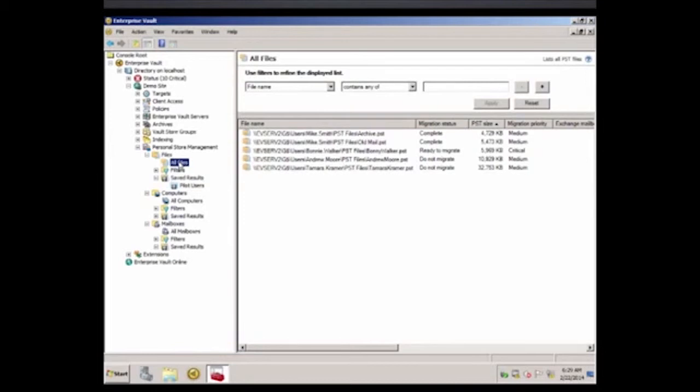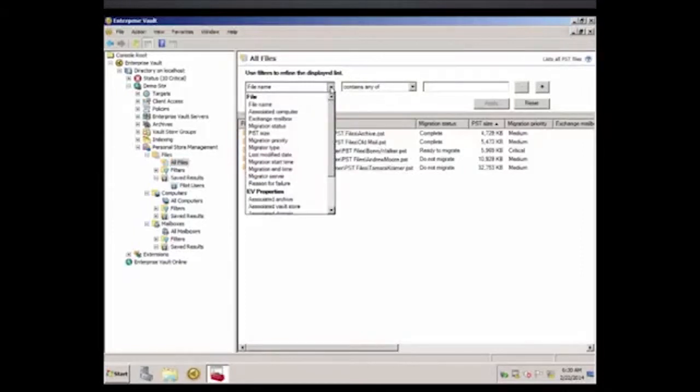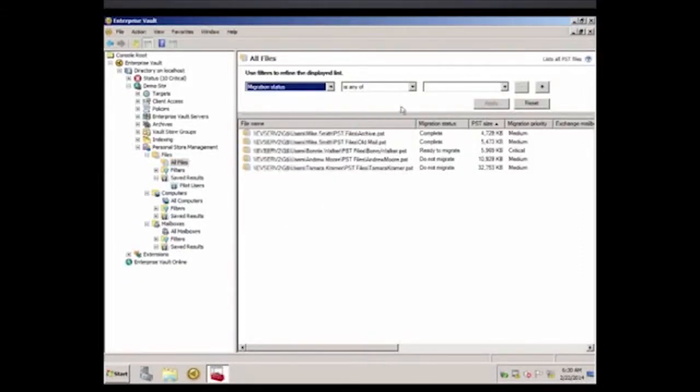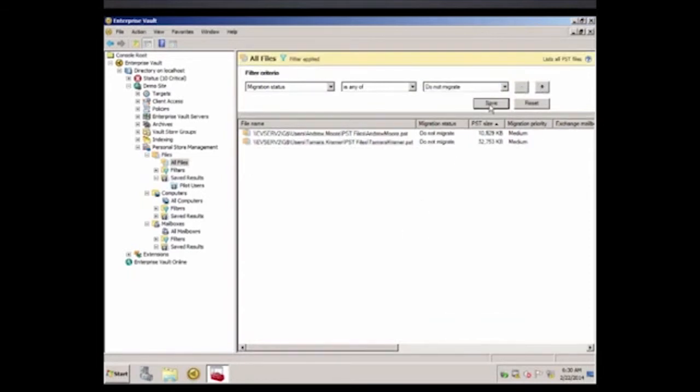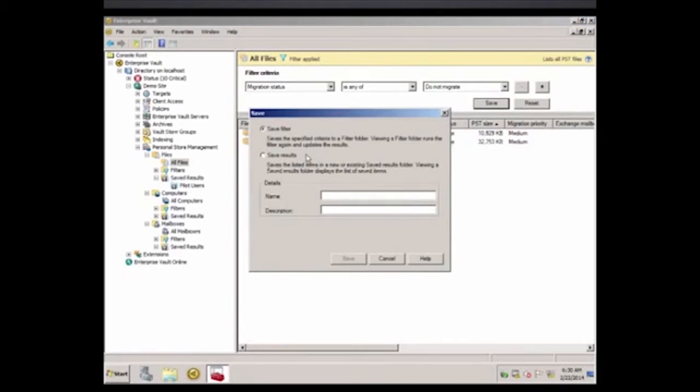You can also use a filter or the filter query to add mailboxes or computers or files to your saved result. As an example, if I want to add all the users that are set to do not migrate to my saved result, I can select the migration status. It's any of do not migrate. I can then apply that filter, and when I click on save, I can choose to add the results,